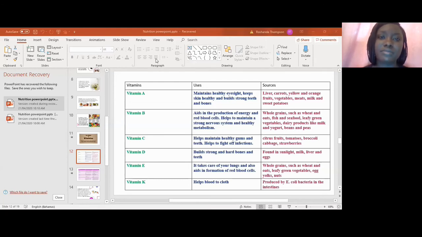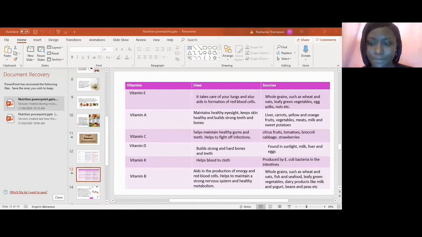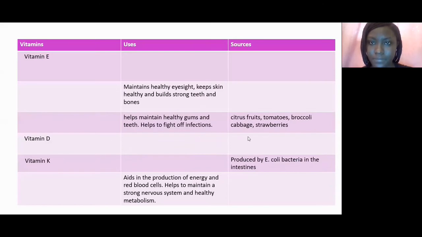Please type done when you're done. Okay, so see, for some reason I can't. Okay, so